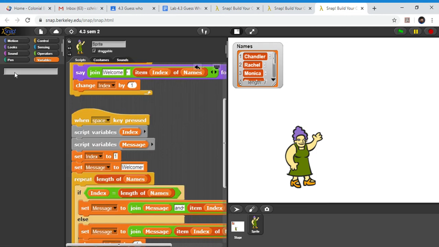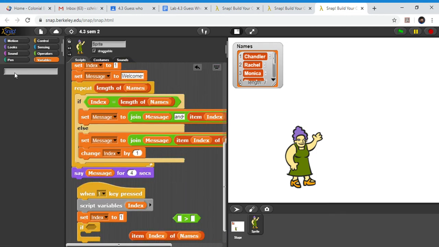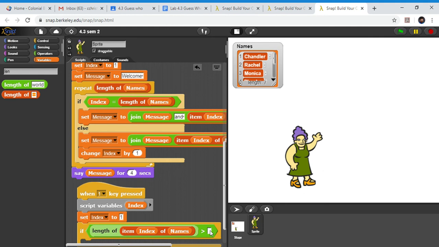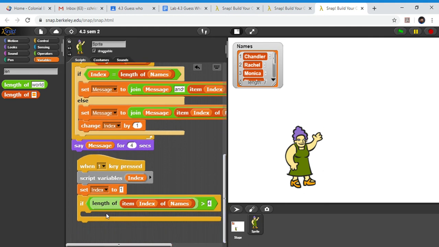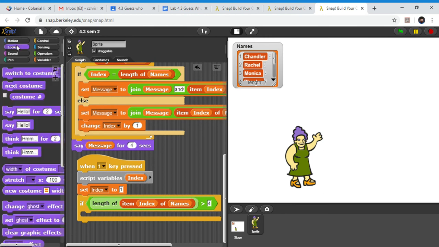Oh, there we go. Length of. There we go, it is in operators. So if length of item index of names is greater than 4, then we are going to say